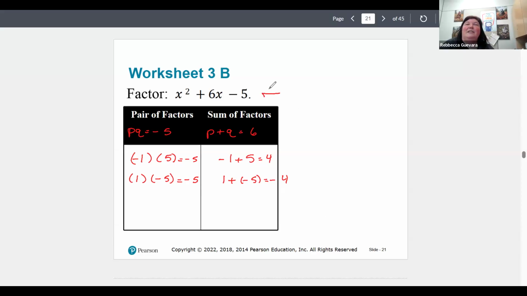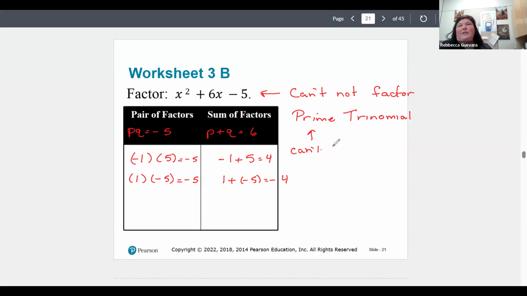So this one was not factorable. If you get to that point where you're like, I don't know, that's a good place to be. You can't factor this one with any of the techniques that we know of currently. This one is a prime trinomial. When we say it's prime, we mean it can't be factored